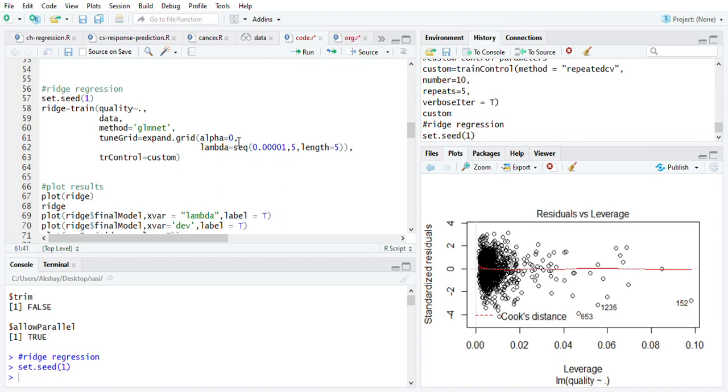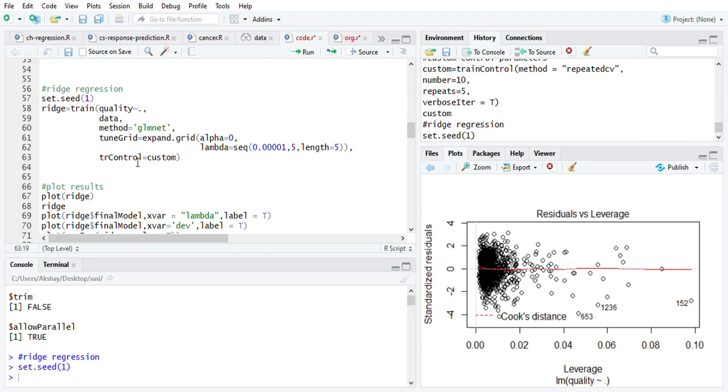If we put 1 here, it is lasso regression. And for the lambda value, I am taking 5 values from 0.00001 to 5. Between these two values, it will take any 5 values and show the result.